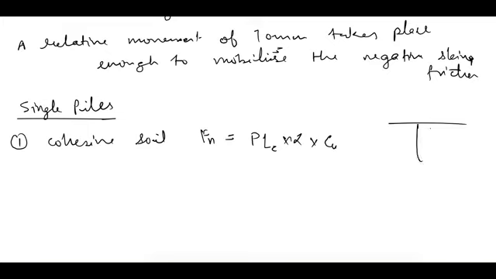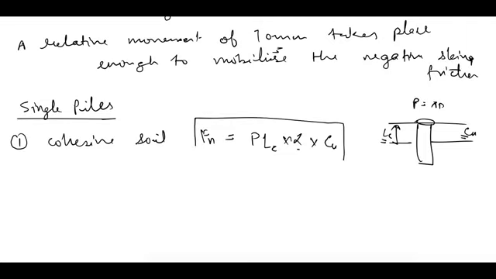So what are these terms here? They are also usual. If this depth here is LC, then LC is the depth of the consolidating or the compressing layer. Cu is the undrained cohesion in this part, alpha is the adhesion factor, and P is the perimeter of the group. If it is a circular pile, then P is equal to pi into D. So this is the formula for negative skin friction in cohesive soil, and similarly in cohesionless soil.